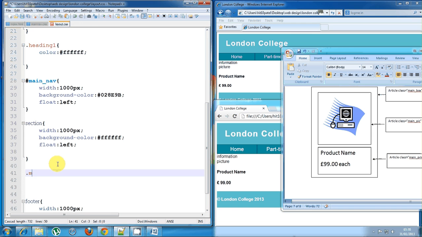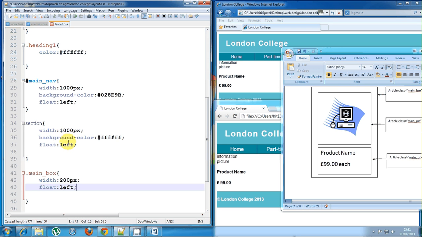So full stop, main underscore box, open curly bracket, straight away close. First thing we need to define is our width, how wide we want to create. So tab it in. I think we start off with 200px. All the products are going to be displayed starting from the left moving on to right, so we need to say float left,